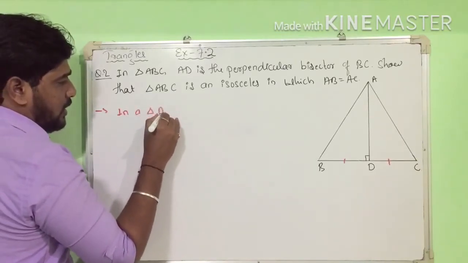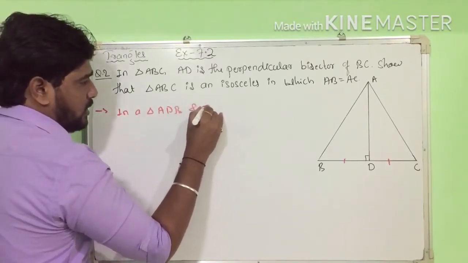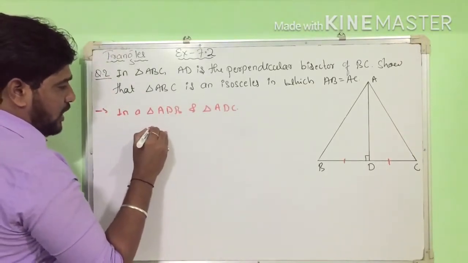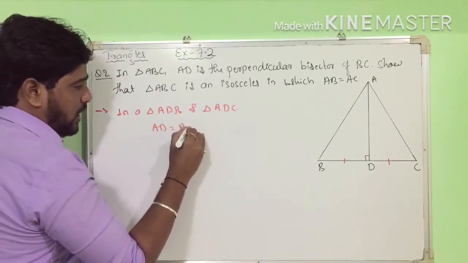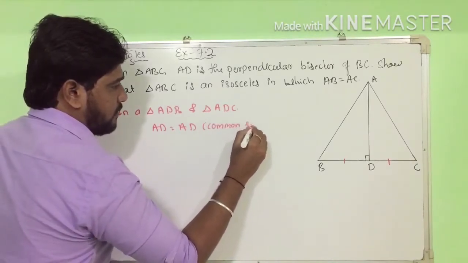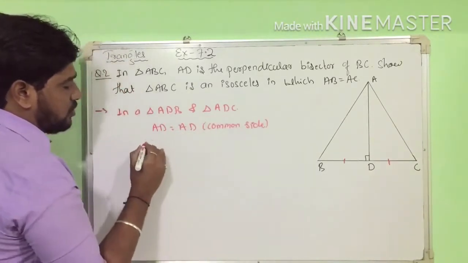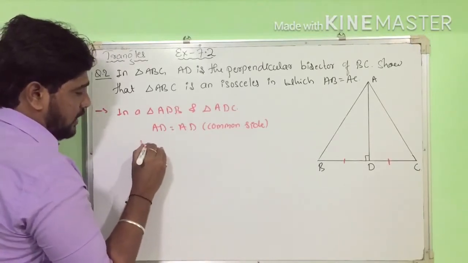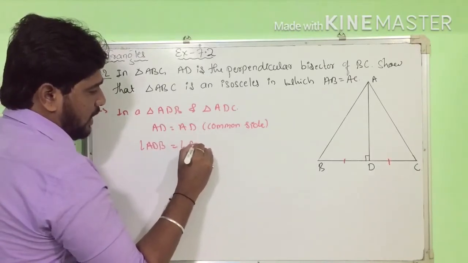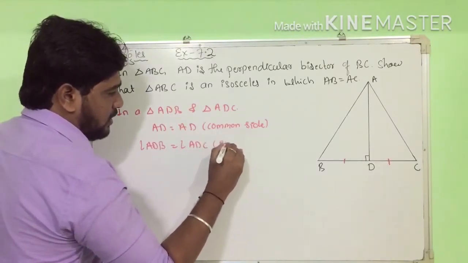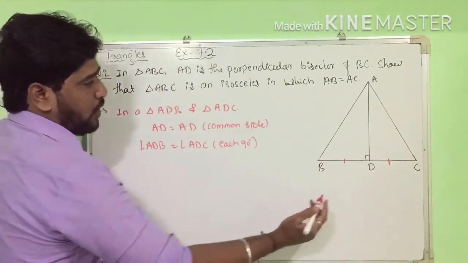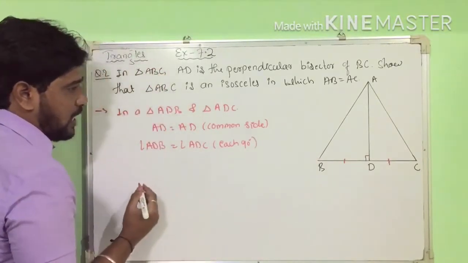In triangle ADB and triangle ADC, AD is equal to AD. It is a common side, right? Another one here: angle ADB is equal to angle ADC, each 90 degrees. These two are 90 degrees because AD is perpendicular to BC, and